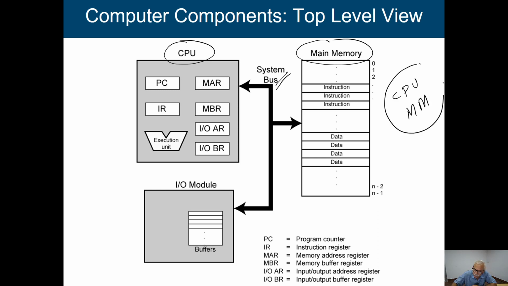So this CPU and memory, these two components can be treated as a closed system, and our processor is going to work with the contents of main memory. And how to bring the information to the main memory, or whatever result we have in the main memory, how we are going to give it to the users, basically through input output devices, and those input output devices will be connected through these IO modules. So in a nutshell this is the top view of all computers, and all computers work on this principle.